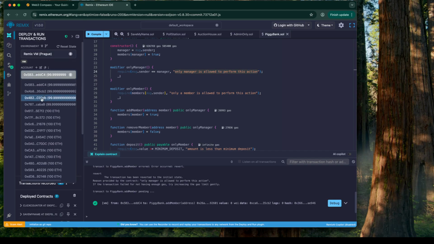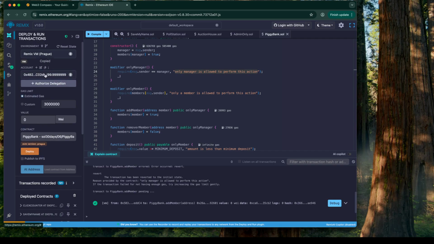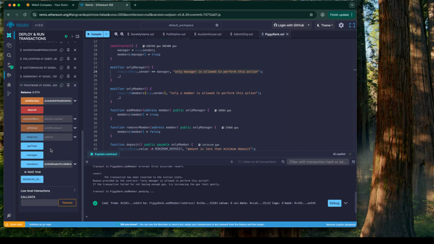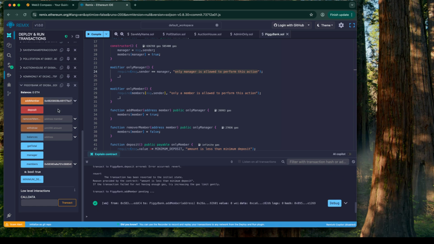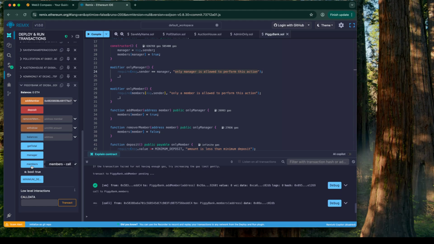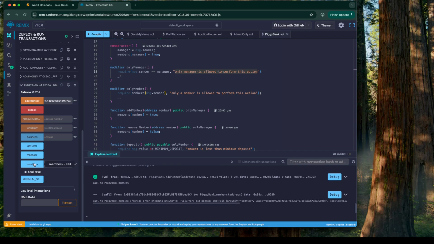Now let's add another member. Copy and revert and oops, add member, press the wrong button. Alright, there we go. So now if we paste that address into members, that will return true as well. But let's say we change it to some other random address, and then